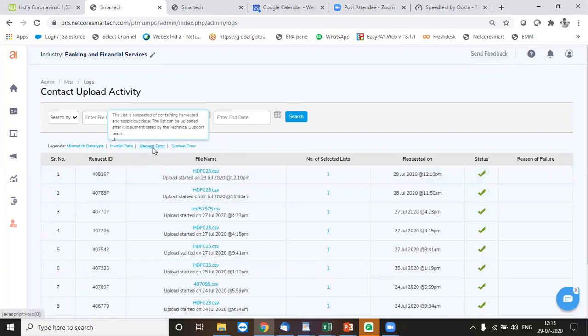The third type of error is harvest error, which is technically not a mistake on your end. It's just that the data which you have uploaded into the platform is huge, and there are possibilities that the data might contain some spam trap IDs or hard bounce IDs, which Netcore, being in the industry and doing mailing for approximately 15 plus years, can identify.